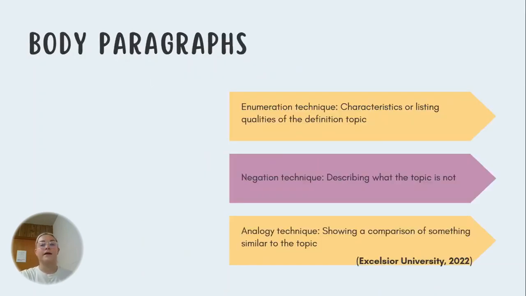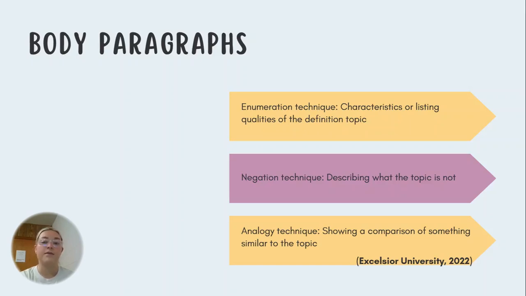So now looking at the body paragraphs for a definition essay, this is going to look a little bit different. And these are some tips that I borrowed from Excelsior University. There are a couple of different techniques you can use, but they recommend that you use them within each body paragraph. So body paragraph 1 would be the enumeration technique, and this is characteristics or listing qualities